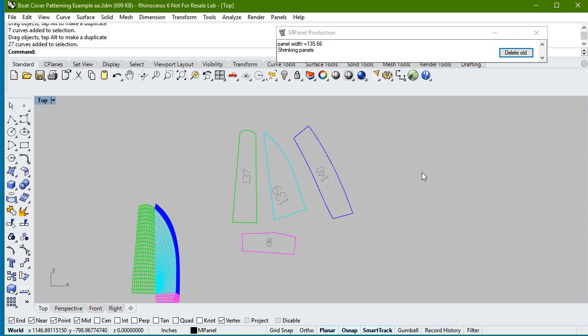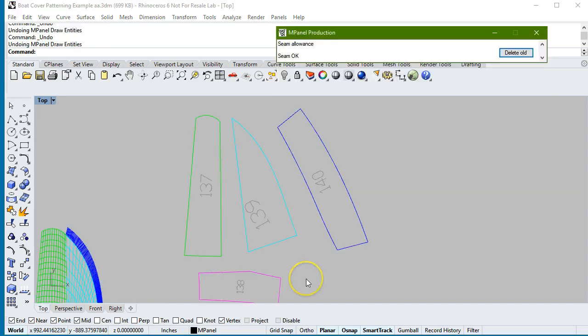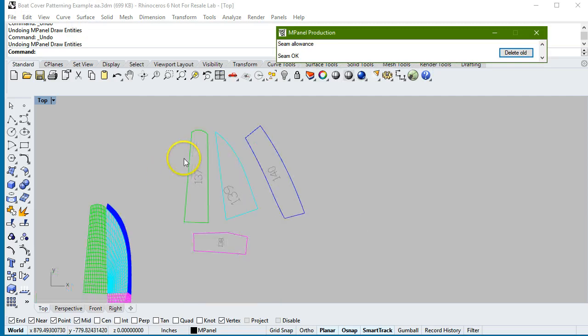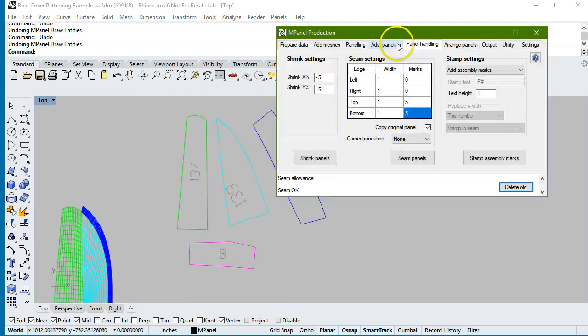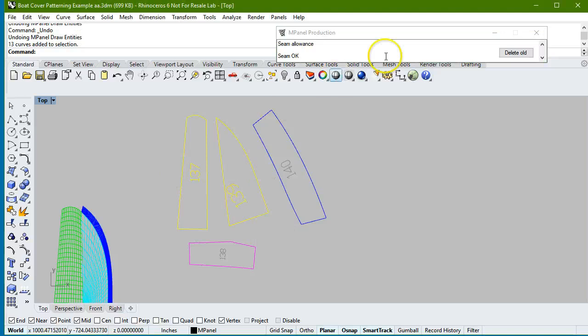And then we come to adding a seam allowance, and depending on your production methods, you would often want the seam allowances to be different widths on different sides of the panels. Often when panels are joined together, you want match marks. Now it is possible to put in match marks at specific points along the edge, but in general it's not necessary to do that. All that we have to do is specify that we want a certain number of marks along each edge of the panel, and as long as one complete panel joins onto another complete panel, then when we add in the seam allowance,